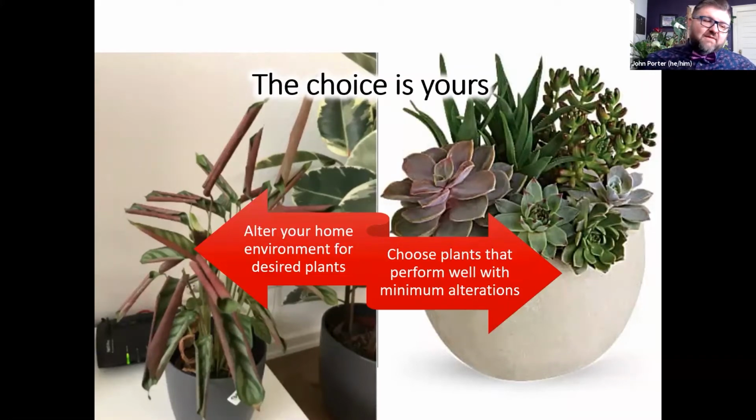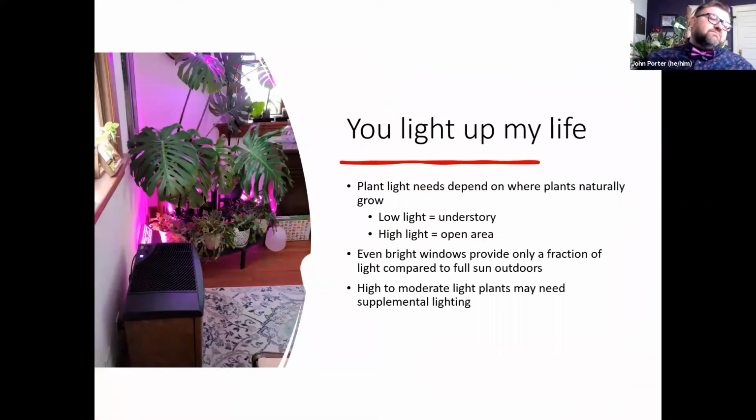And so we have to think about how do we take care of our environment to make it comfortable for us. If there's a plant that needs 80% humidity and 90 degrees, that's probably not something I want to grow in my house. Maybe I can create a microclimate for it, but I have to think about how do I replicate what it wants and keep me happy and my electric bill and my water bill happy as well.